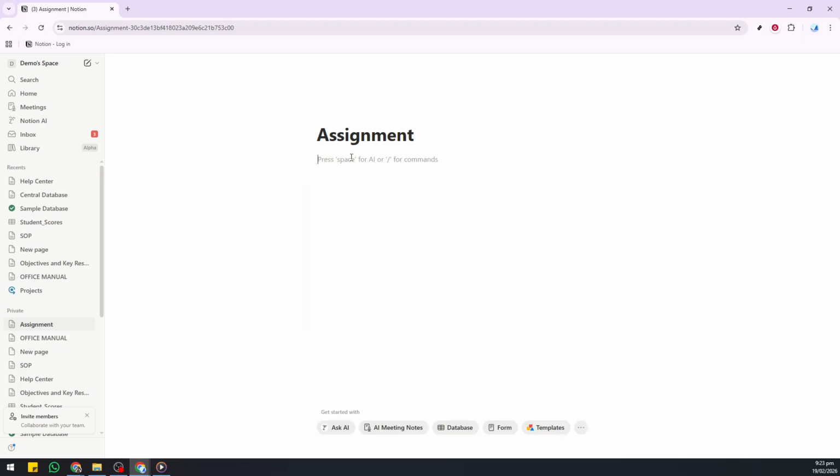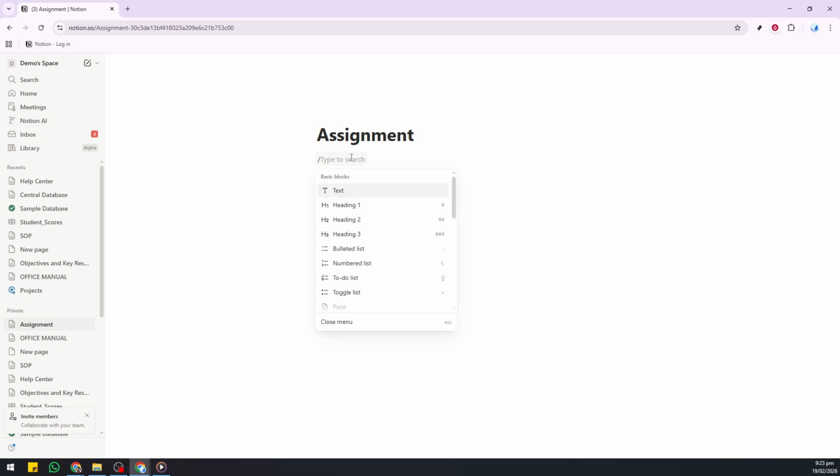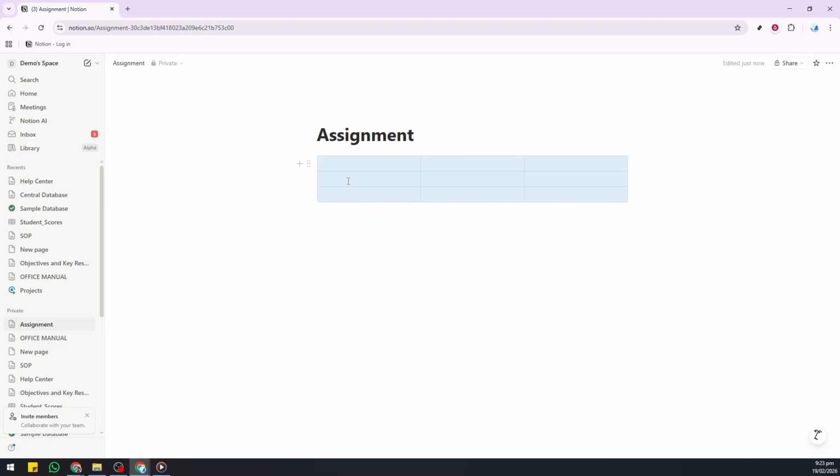Now we're going to add the structure that will turn this page into a tracker. Click into the page body and type the command /table. This brings up Notion's quick insert menu. Choose the basic table option that appears. At first, you're inserting a simple table block, which is perfect for laying out columns quickly. The simple table gives us a frame to work in before we convert it into a proper database with properties